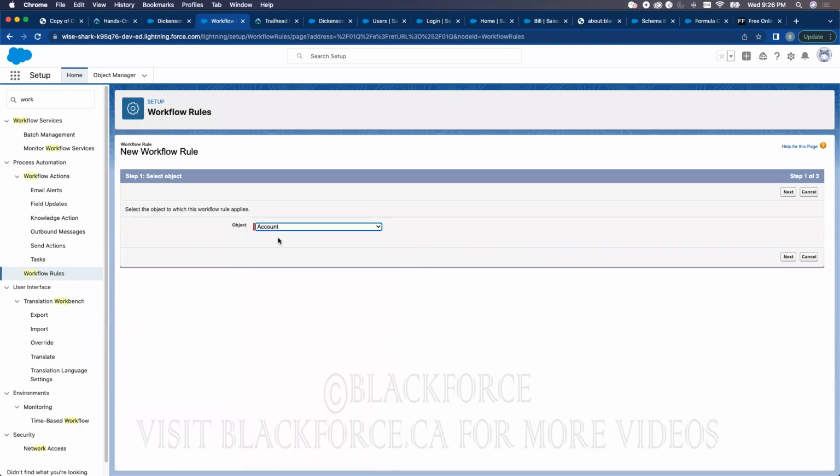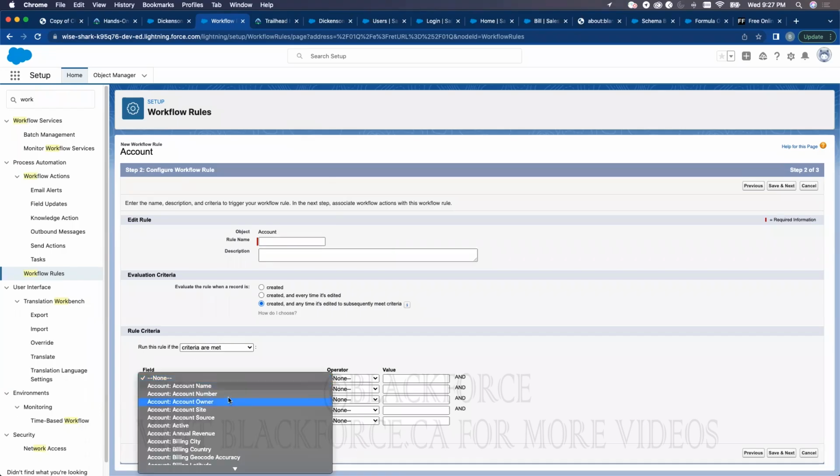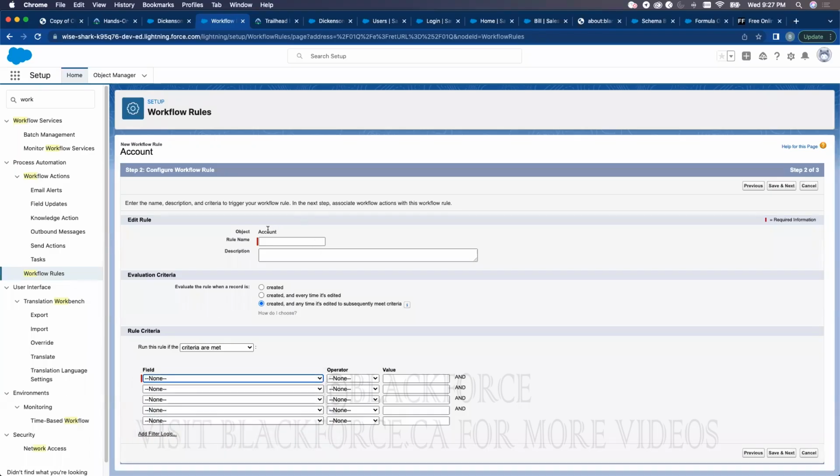If you're creating a workflow rule on an account object, you would have the evaluation criteria that determines when this workflow rule will trigger. And the rule criteria will determine when, if at all, you want to stop it from being executed all the time. What does that mean? It means that anytime you create a workflow rule on an object, let's say an account,